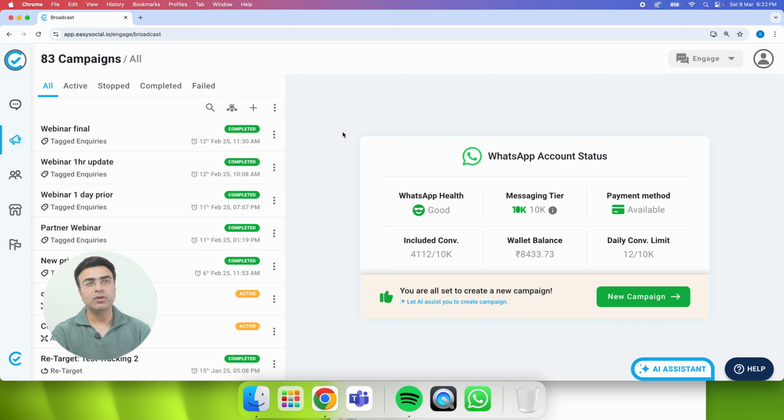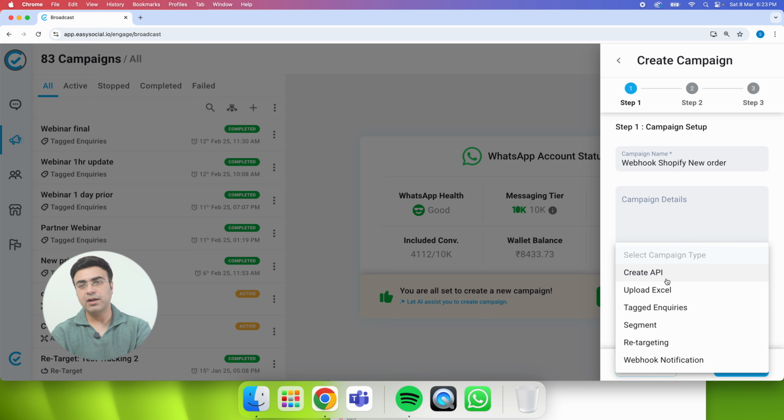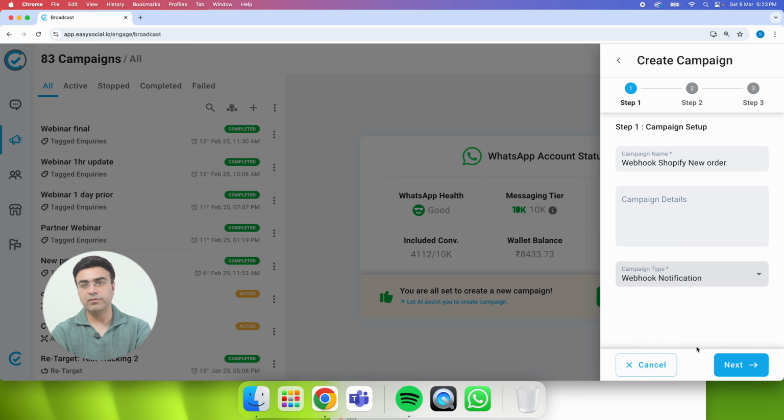Based on the input that we receive from that particular software, EasySocial will trigger a particular message to that customer. So in the broadcast menu, you can either click on new campaign or you can click on the plus icon on the top left. Once you click this, let's give this a name. Webhook Shopify new order. I'll keep this blank for now, and then I will use the last option, which is webhook notification,